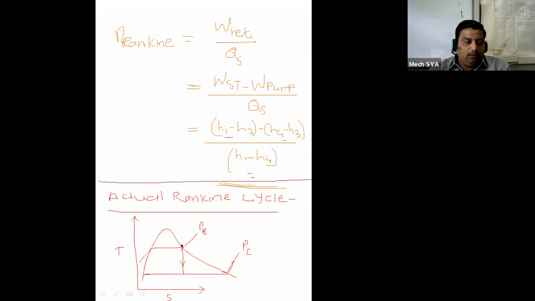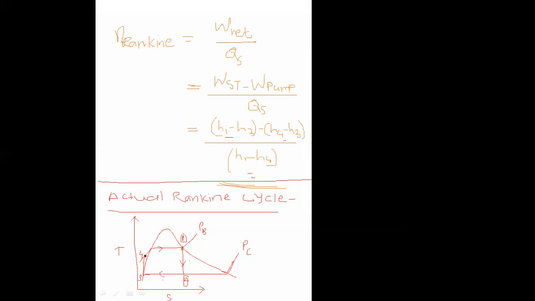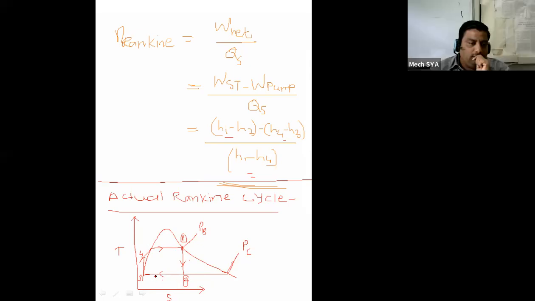Steam entering the turbine, this is the turbine process, 1 to 2. So this will be point number 2, and this will be point number 3. What happens in the condenser is complete condensation, and afterward isentropic compression. This is point number 4, and this is the heat addition in the boiler at constant pressure. So this heat addition is also on a constant pressure line. Heat rejection is also on a constant pressure line.